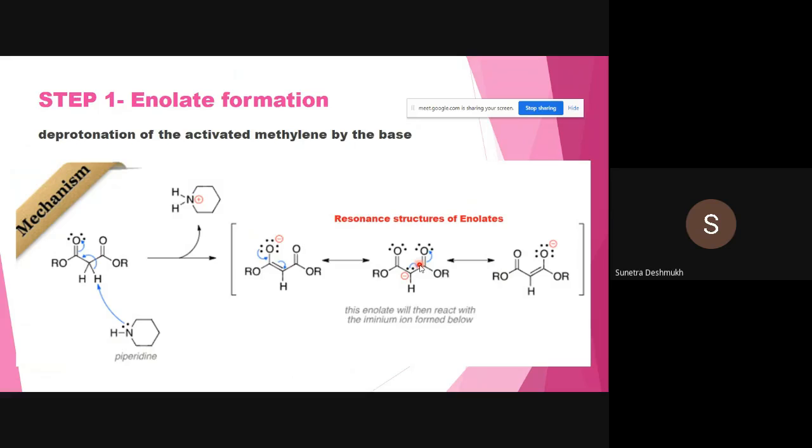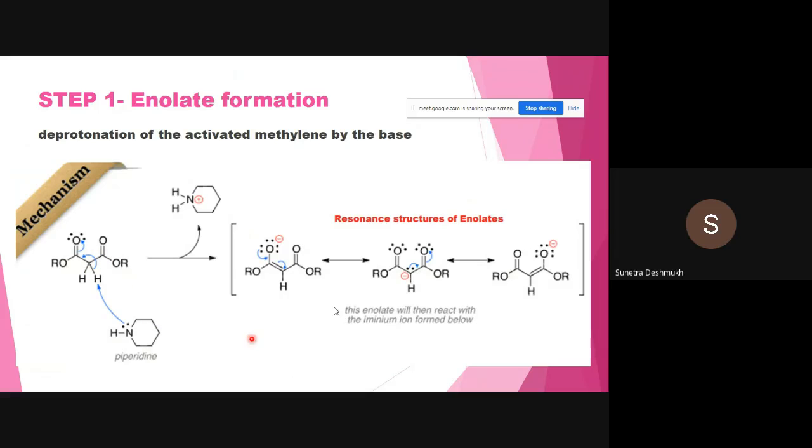So this lone pair can shift on the left hand side as well as right hand side, giving two different resonance structures. Due to these two different resonance structures, the enolate that forms is highly stable. And as it is highly stable, due to the stability of the resonance structures, this active methylene compound has a higher pKa, up to 11. Okay, so all of these are interrelated with each other.